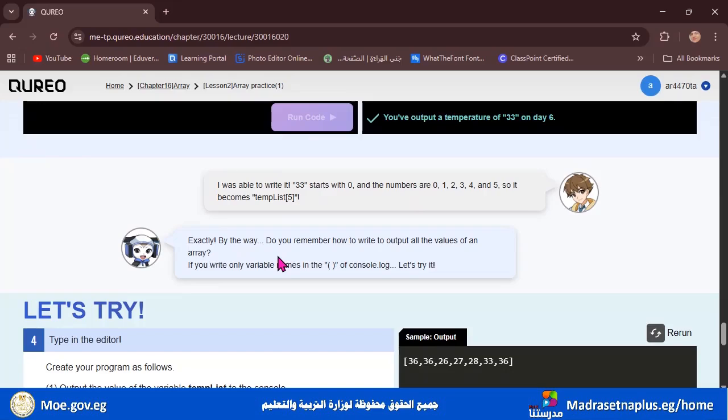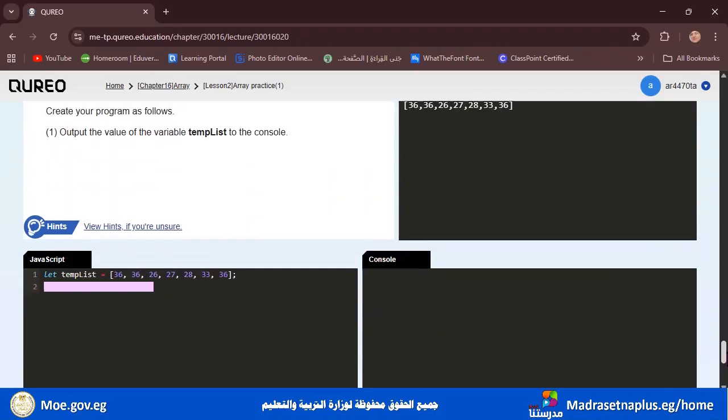Yes, we remember. We put the name of the variable in between the parentheses. So let's practice it with me. What should we write here? We write console.log, and the name of the variable is templist.